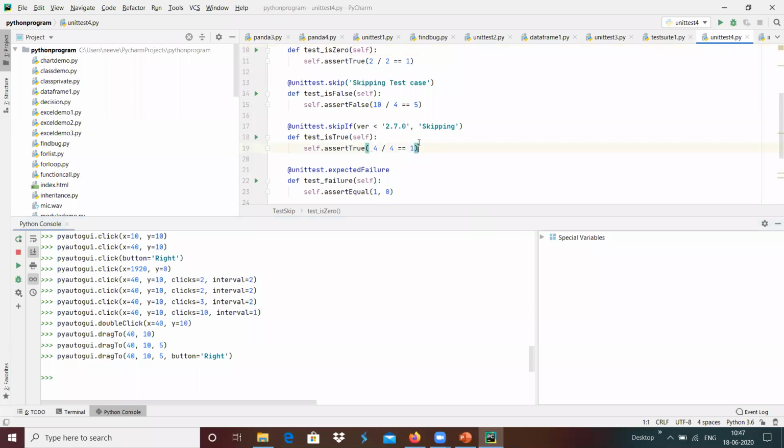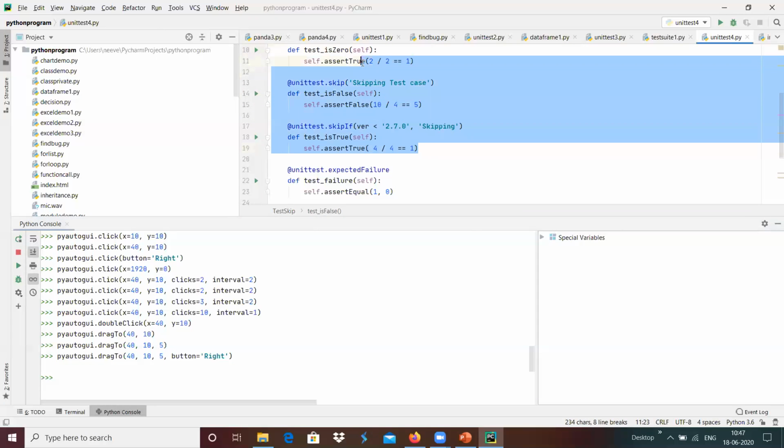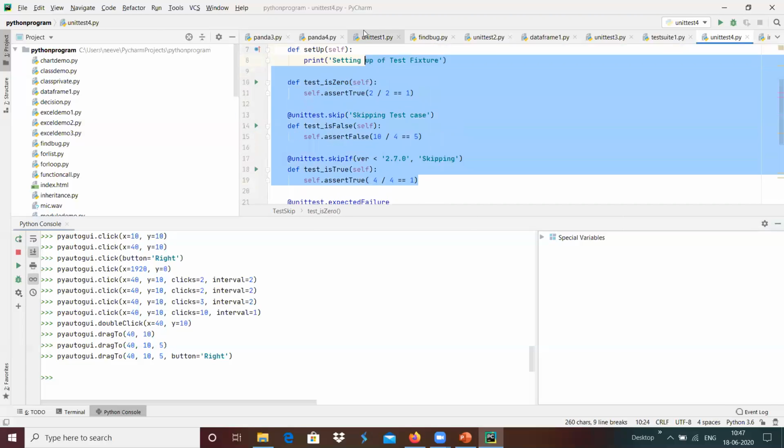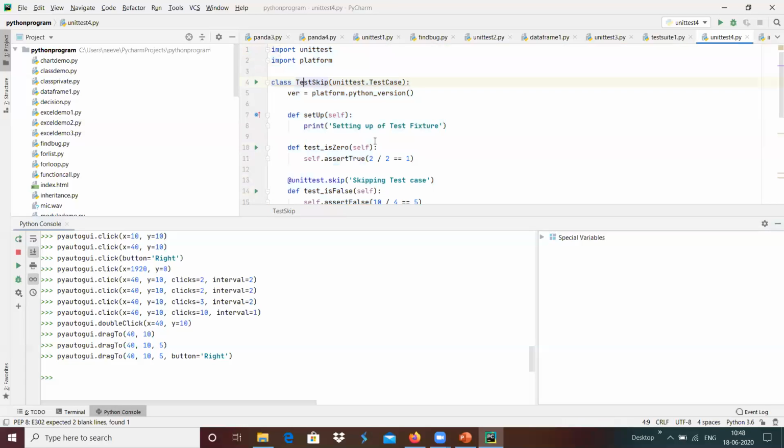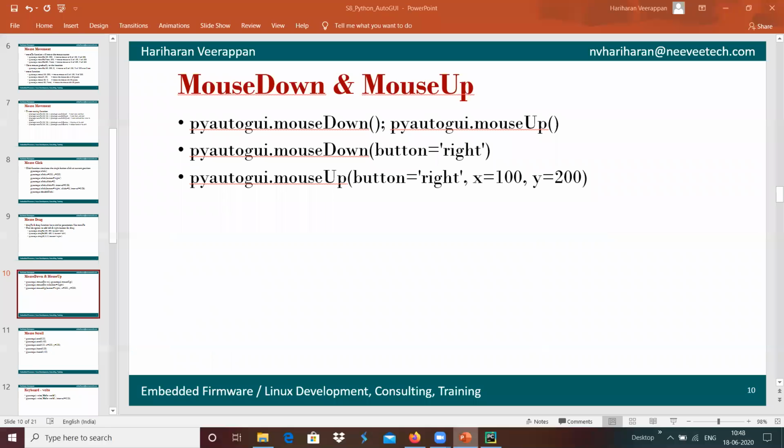For example, mouse down, we move the cursor over here, and then mouse up. This will be a kind of selection that can be created with the help of mouse down and up.